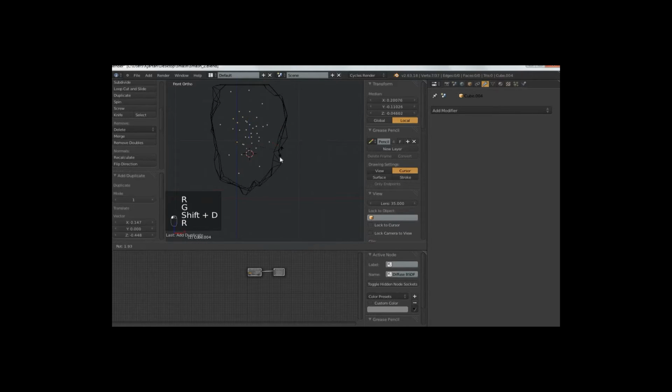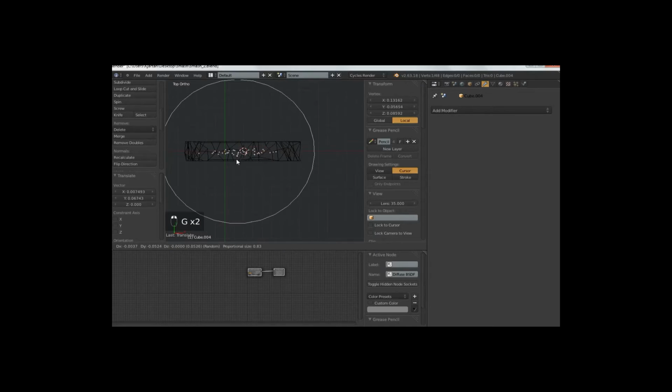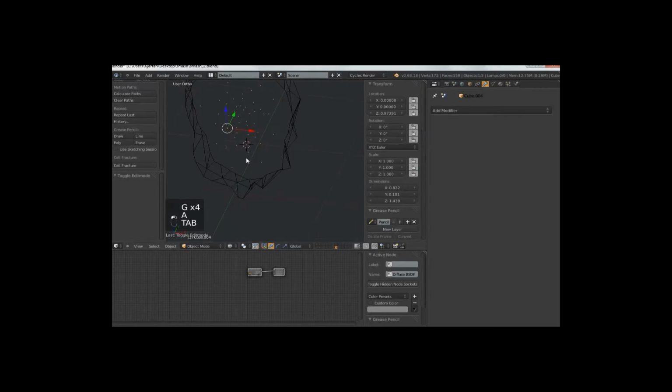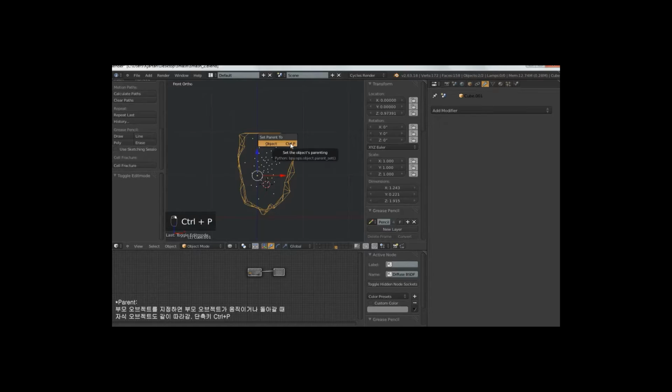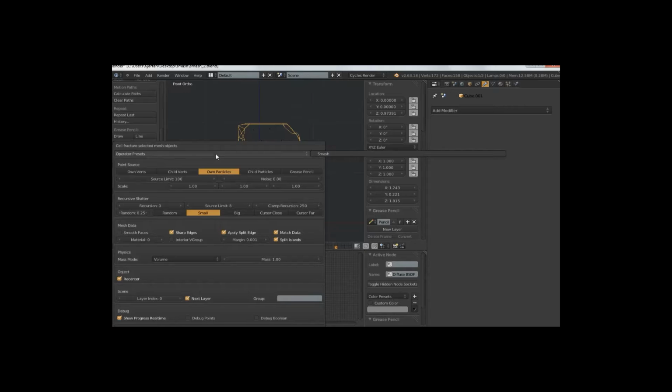You can also do this with particles. You can do it based on the points of the object itself. The reason I'm doing it like this is just so that I can control it manually. It's a very nice way of controlling exactly where you want the pieces to be. So I get more pieces in the middle and fewer out to the sides. Now I'm parenting that point cloud to the object itself, so that the point cloud is a child of the object, and I'm turning on child vertices as point source.